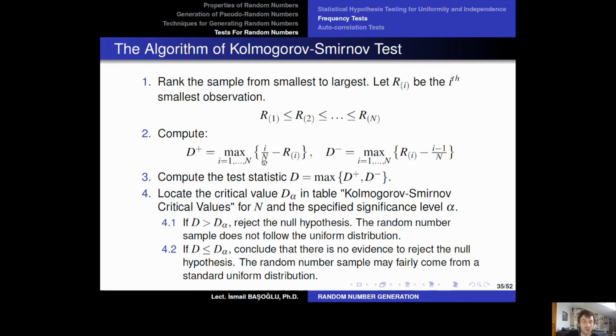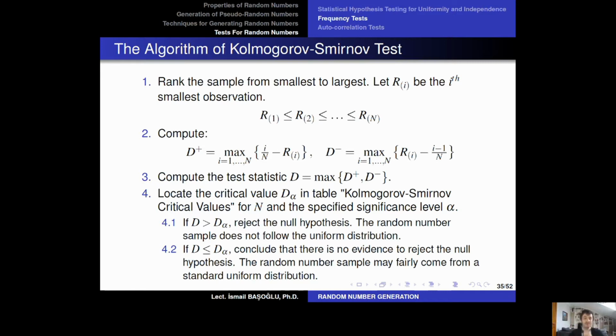And then I am going to compare d plus and d minus, and the maximum of these two values will be called d, and that is my test statistic, which is the maximum deviation between the theoretical CDF and the empirical CDF. Then I am going to compare this d value with a critical d alpha value in the Kolmogorov-Smirnov critical values